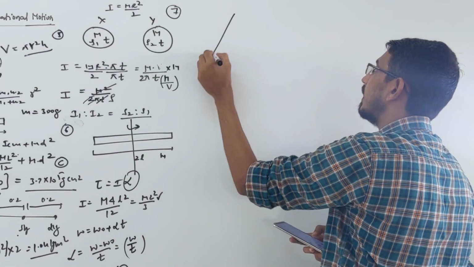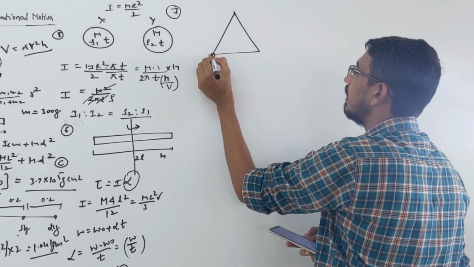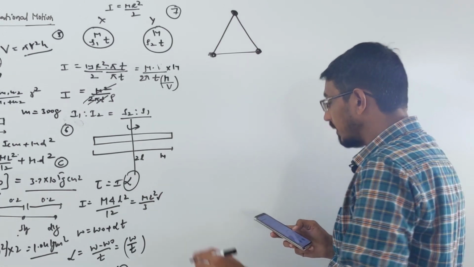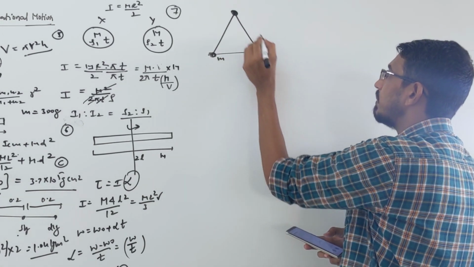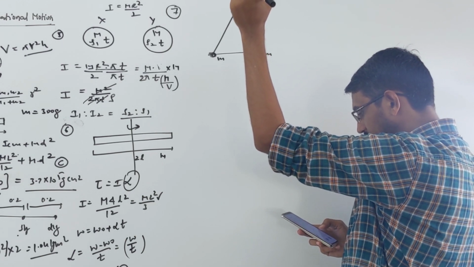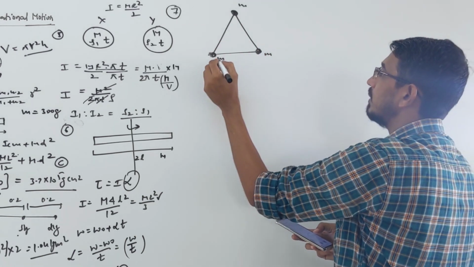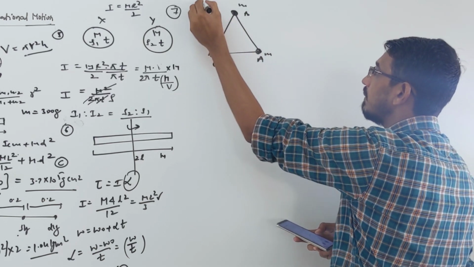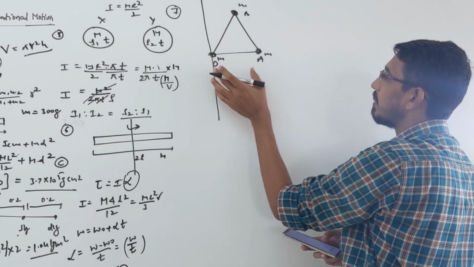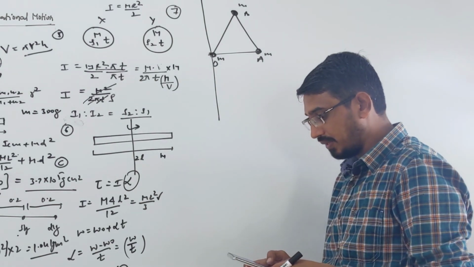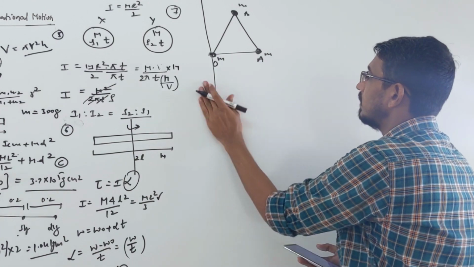So what is it? There is an equilateral triangle given to us, and 3 masses are placed at the corners of the triangle. So these are all our point masses M, and they are asking that this is rotated about what? A line. This is O, A, and this they are calling B. This is the line given, they are rotating about this line, and this line is perpendicular to this side, okay. This is what they are saying. We have to find now what is the inertia about this line, okay. So let's calculate.